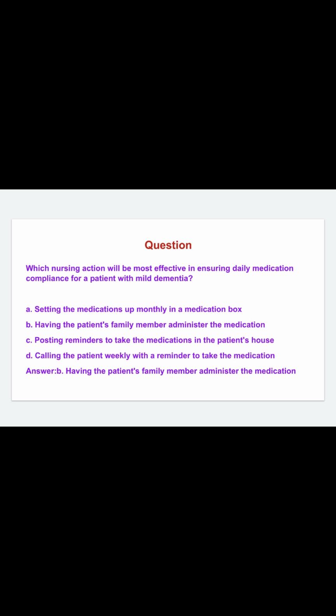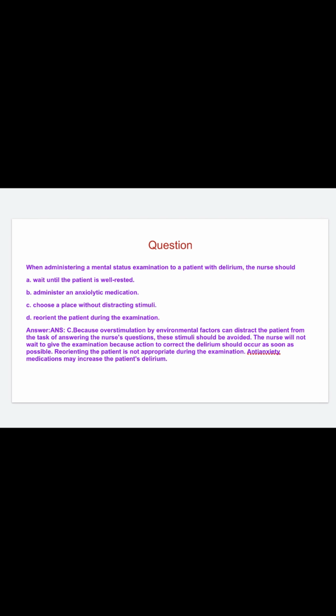So this is the correct answer. So next one is, when administering a mental health status assessment to a patient with delirium, what should the nurse do? The nurse should choose the place without distracting stimuli. If they have so much distraction, the symptoms will get worse. So that's why the correct answer is always to choose the place with less